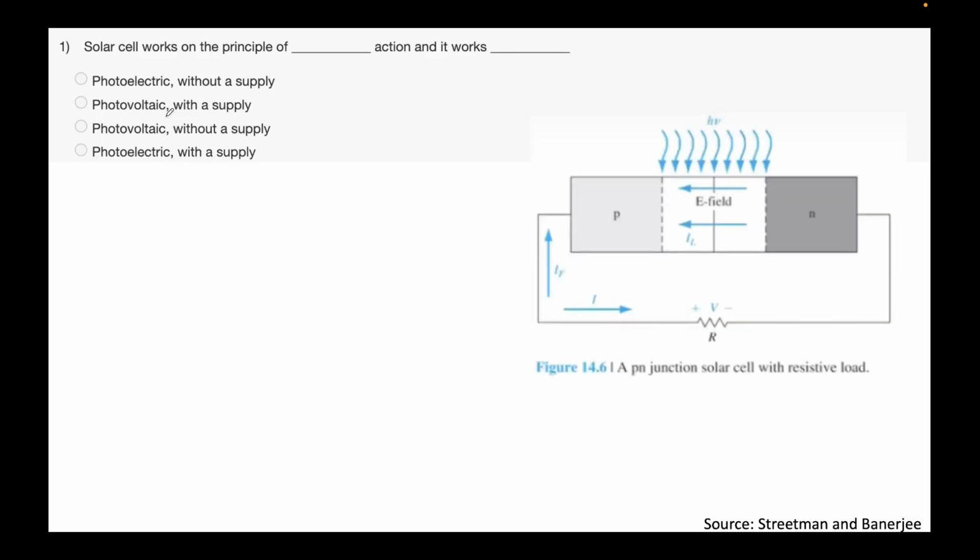Okay, that's that. So someone mentioned photoelectric. We have photoelectric on your screens. So this question now talks about how the solar cell works on the principle of dash action, and it works dash. Okay, so we need to talk about the solar cell, and as the name suggests, it's a cell, so it contains something, I believe. Solar, something related to the sun, a star. Okay, so do I have it? Yeah, I have it. So essentially the solar cell that we'll be talking about,